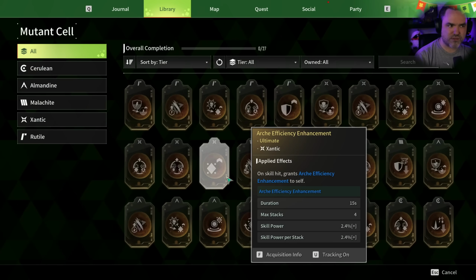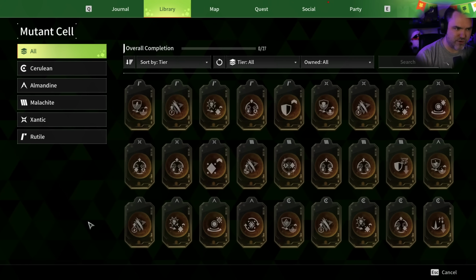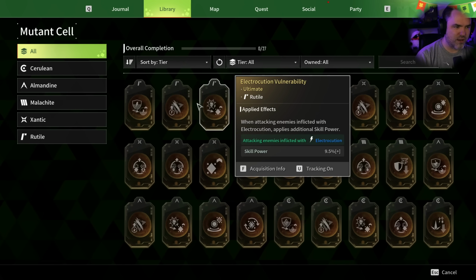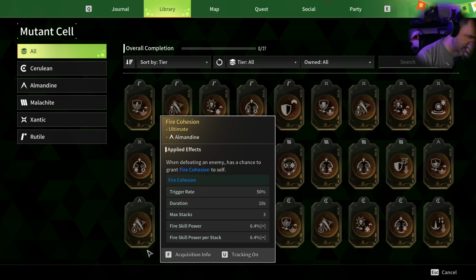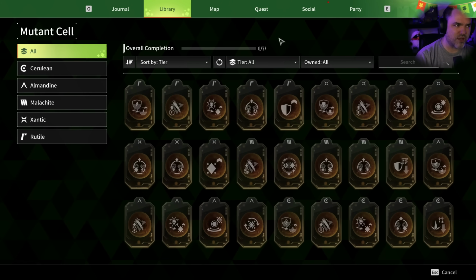However, the cells themselves don't change, right? These are fixed items that have their own existence in the world. They stay the same, right? So a non-attribute skill power is under M, electric skill power is under R. You can get, I mean, they all have skill power. Toxic skill power is under X. So you kind of have to just figure out by descendant whether the slot that you're looking for is in